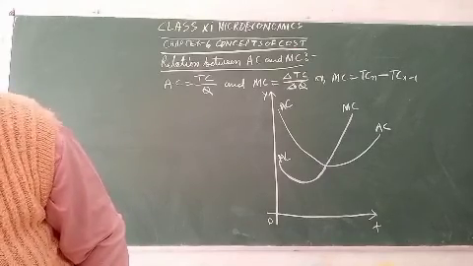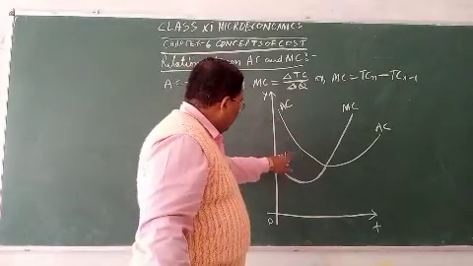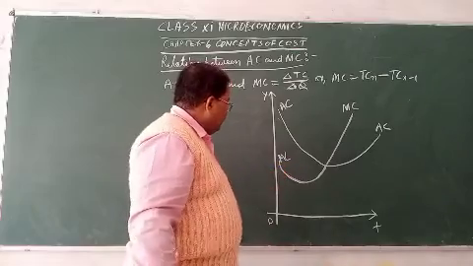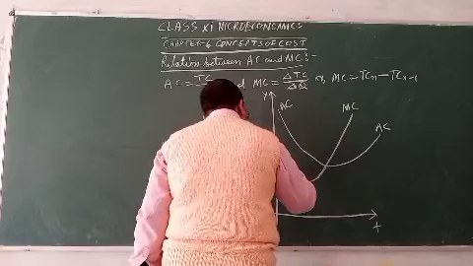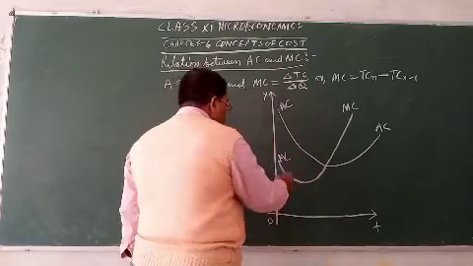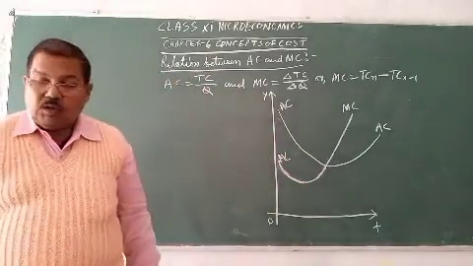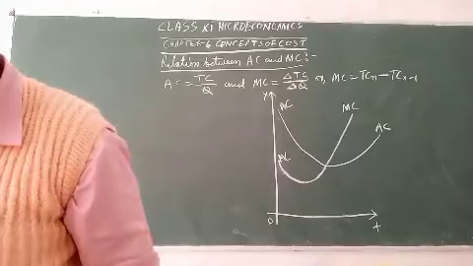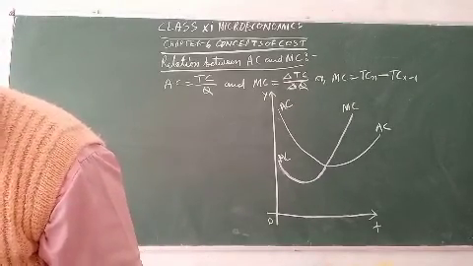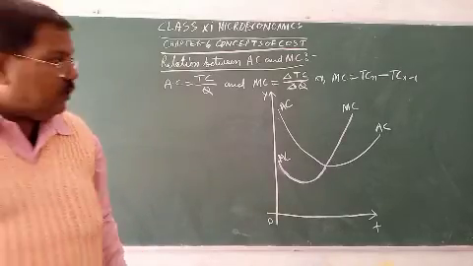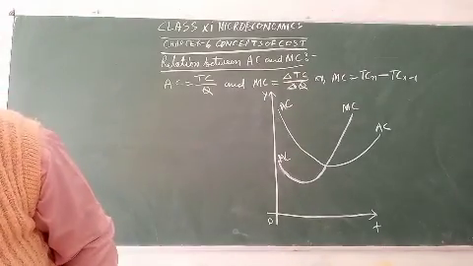When AC falls, the MC curve is below the AC curve, and this is due to MC being less than AC. This is the first relationship, and the second relationship is when AC is